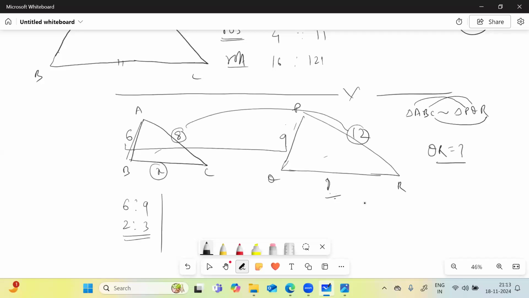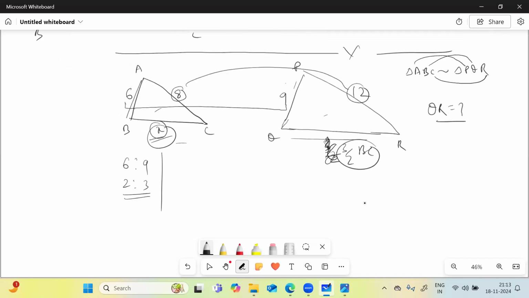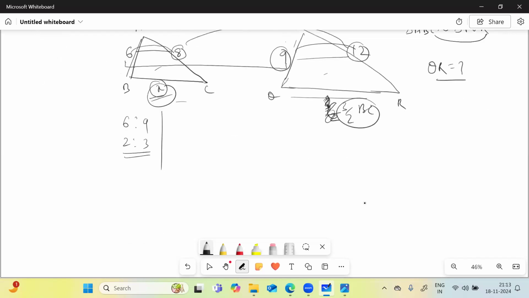We can only say that it will be 3/2 times BC. But we cannot actually tell what the length of QR will be. In another way, you can calculate PR like 6 to 8. No, this is 3:4, so it will be 9 to 12. Again 3:4. So what you can see here is that the ratio of similarity can be represented